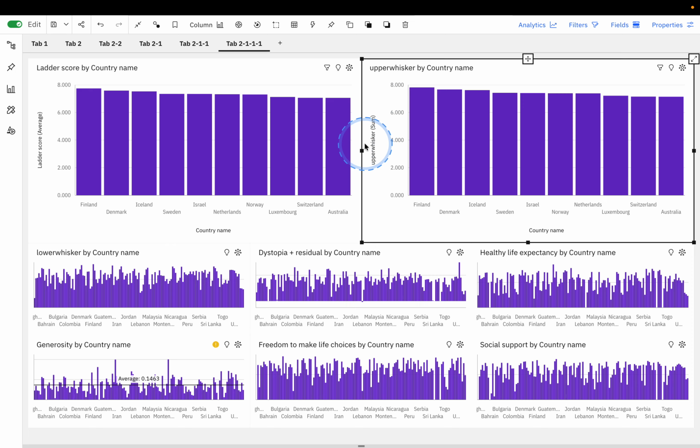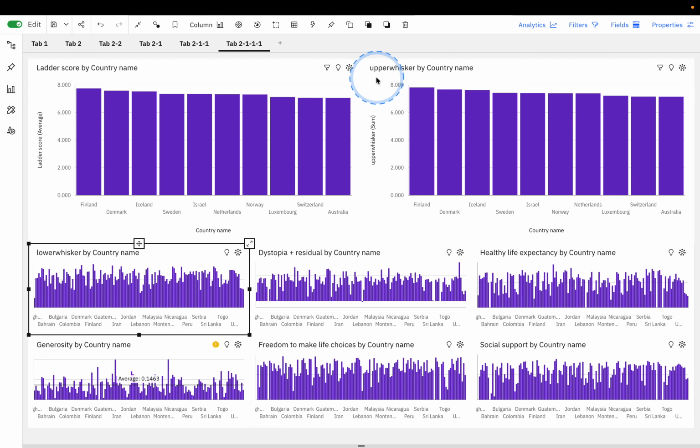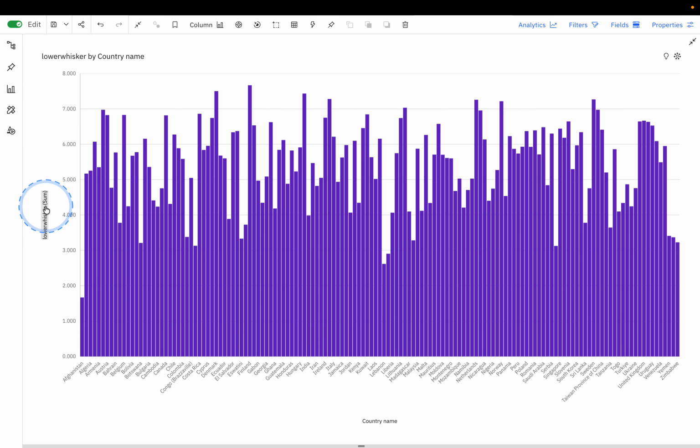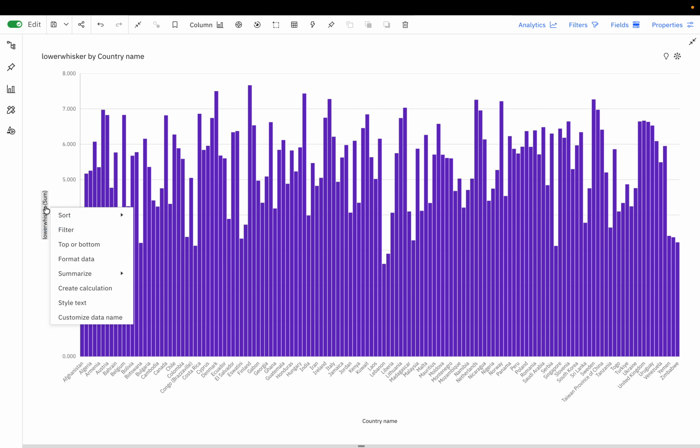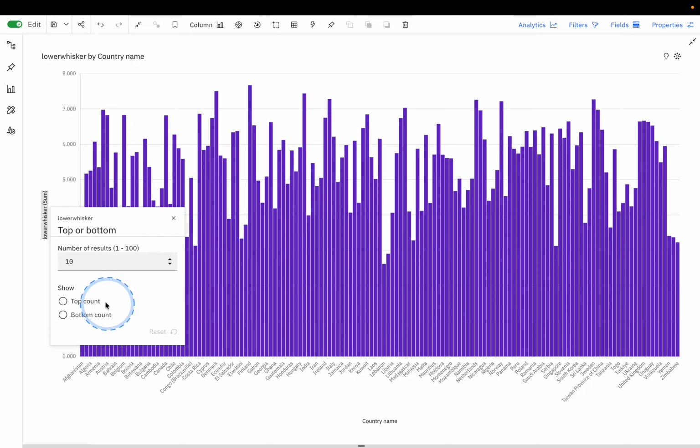You can see a pattern already. For upper whisker, then lower whisker. Lower whisker will take the top bottom. We'll change it later.